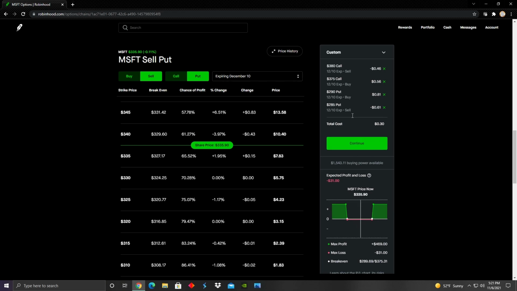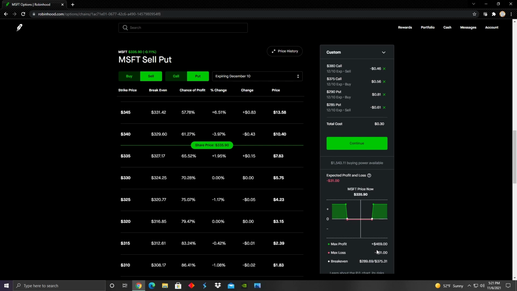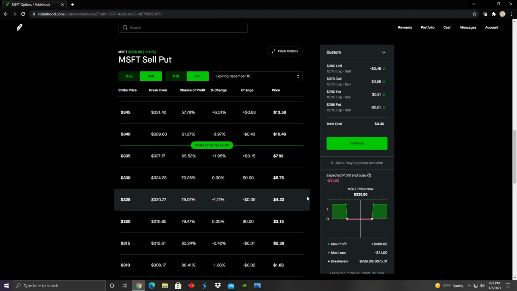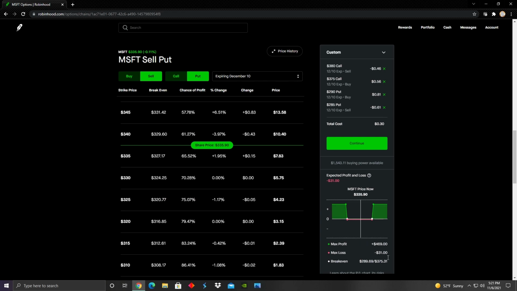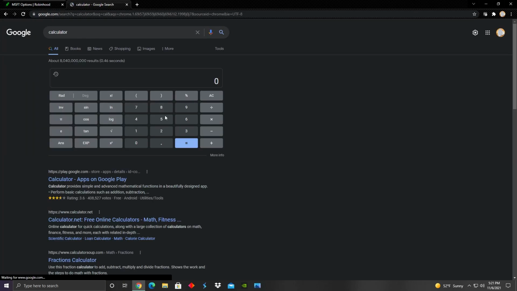But if it's above $380 per share or below $285 per share by expiration date, then we will experience the max profit of $469. So this is a pretty big profit margin, between $31 and $469. Just to give some reference, let's figure out what exactly that profit margin is. So if we did 31